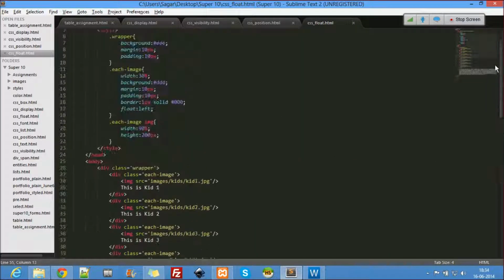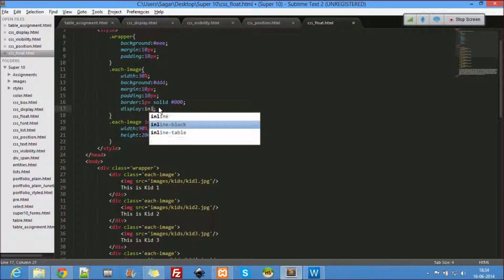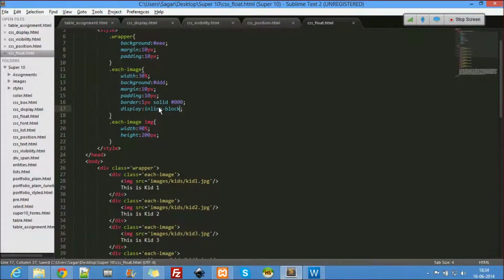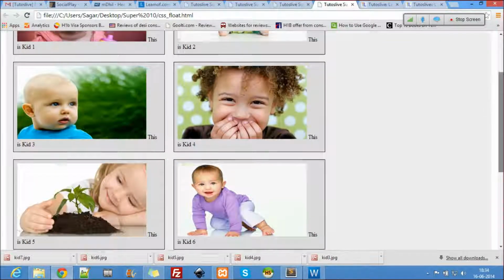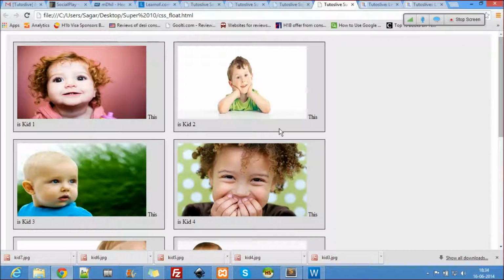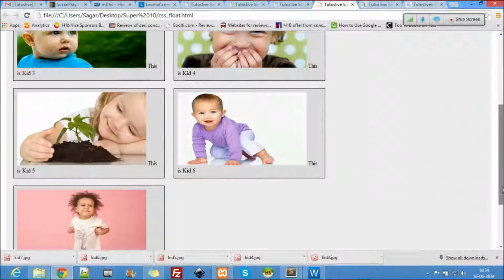So to avoid that problem, instead of float left, I'll say display inline block. Now let's see what happens here. See that? Display inline block. Since the width is 33%, it has that problem there.